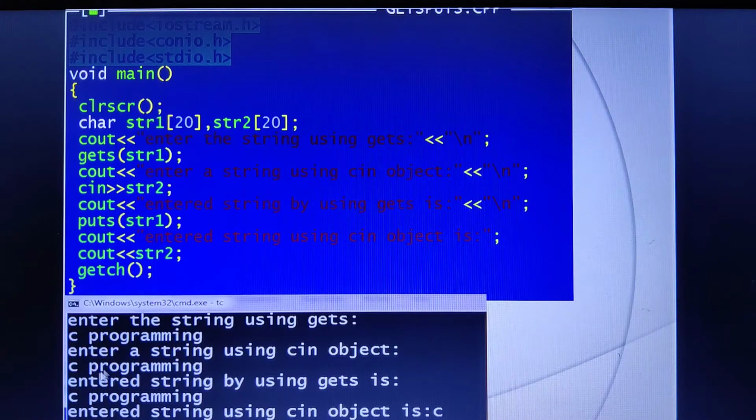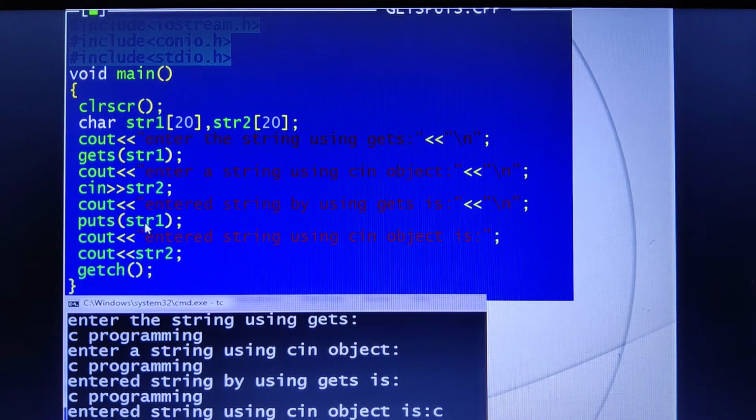That means string 1 is holding C programming, and string 2, I have also given the input as C programming, but since I am reading with the cin object, I type C programming and press enter, but cin first reads this character. Second, it encounters the blank, then it considers that is the end of the string. That means only C will be stored in string 2.